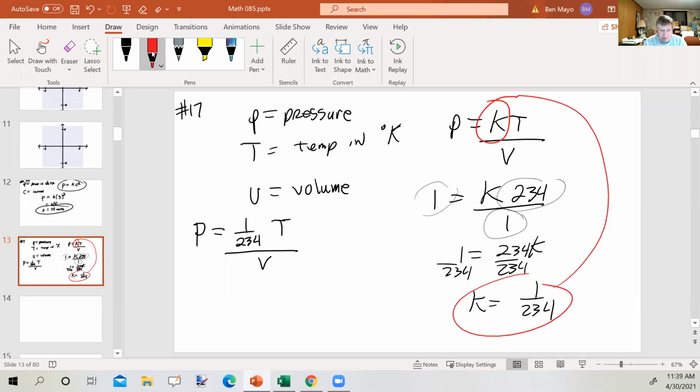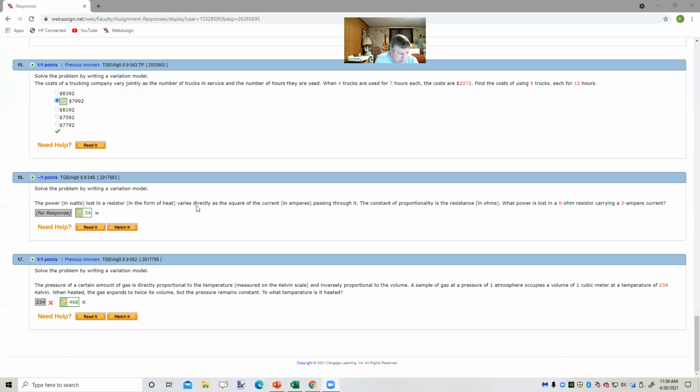Okay. All right, now the follow-up question. It says, when heated, the gas expands to twice its volume, but the pressure remains constant. To what temperature is it heated? All right, so